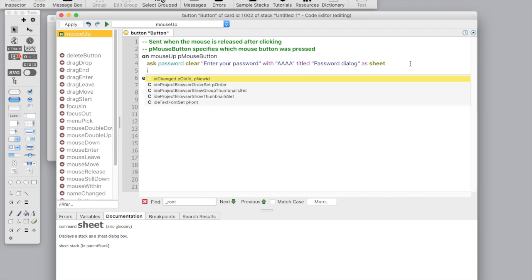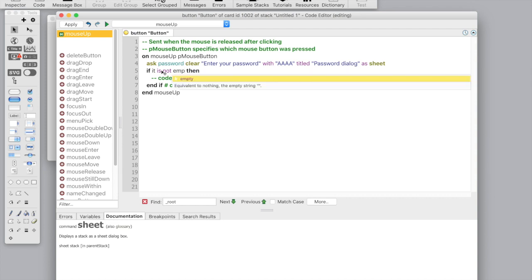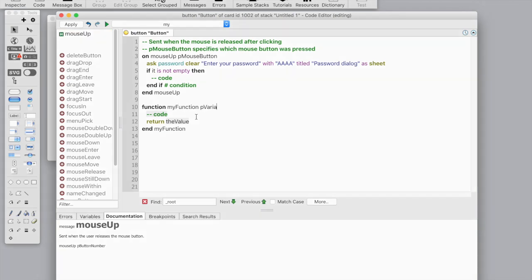So I can start doing if. If, then else. Well, we'll just take if then, put that in, so if condition then. So if it is not empty, there's our empty. And let's say we're going to call a custom function, so I'm just going to create that function. Oh, there we go, function name. Let's call it my function. So that goes in p variable from the